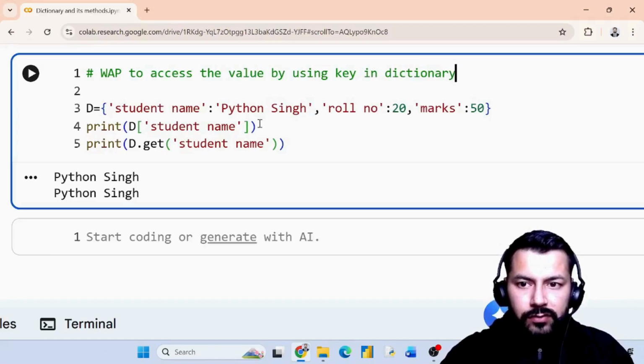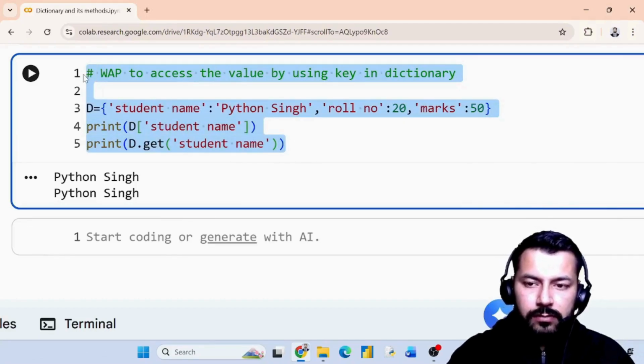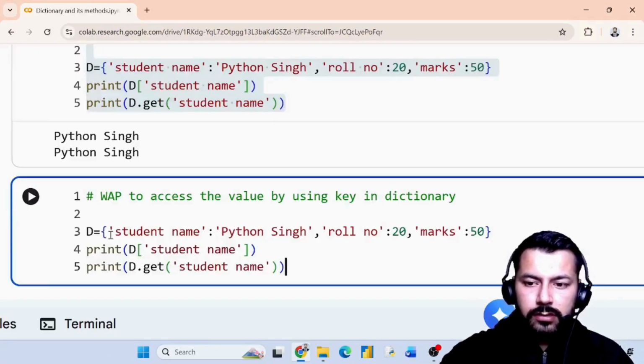As well as, then what is the difference between this and this? So if you are going to try to access a key which is not available in the list, then it will show an error, and it will not return anything. Now let's try the same code again here